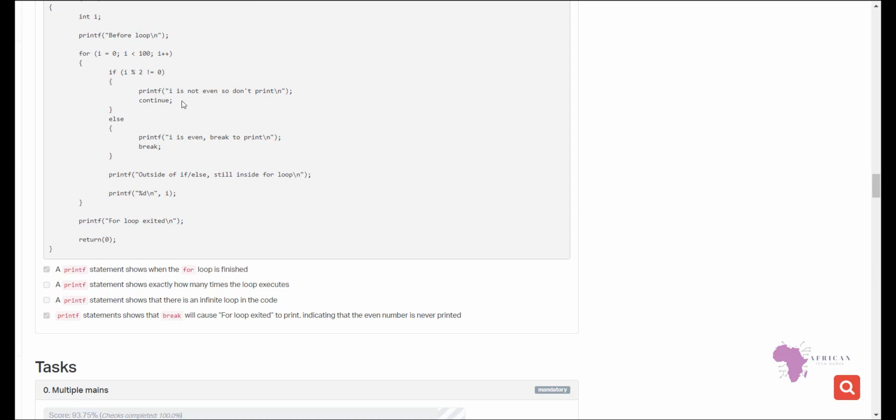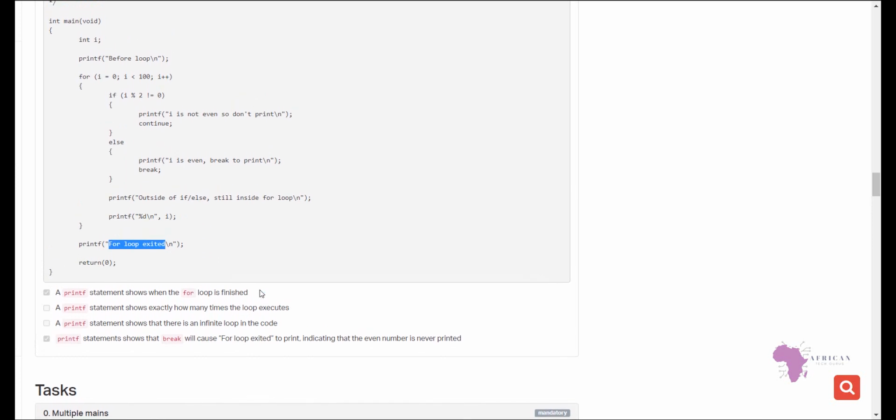So the very first thing that it will do is it will print this: I is not an even number, so do not print. It will print this because that has been met, and that will help us see that this is not an even number. And then the next thing that it will do is it will print this: for loop has been exited, which will help us know that it has exited the for loop, which is what we wanted to do. And since it gave us that I is not an even number, we will get to know that it has exited with the wrong output. So at the end of the day, these are the two main